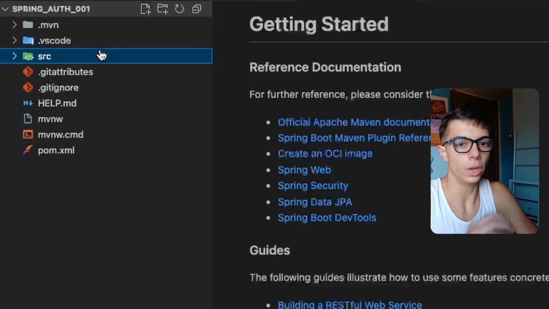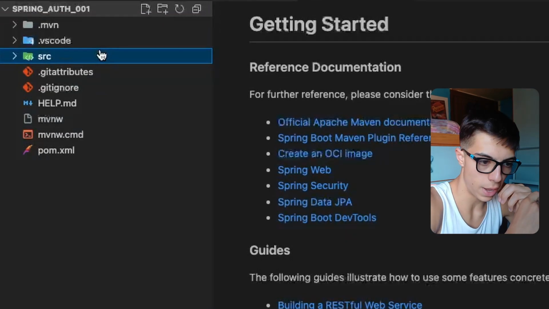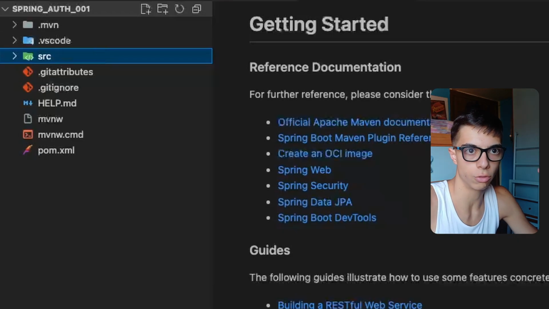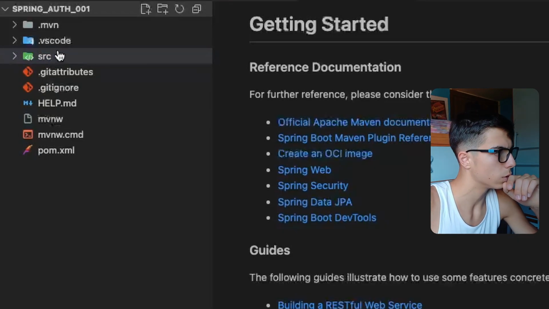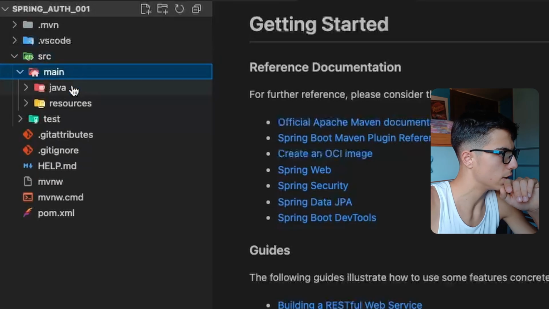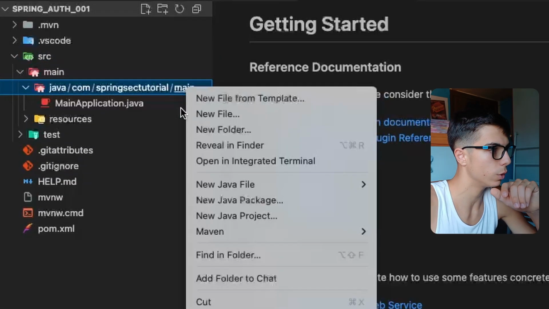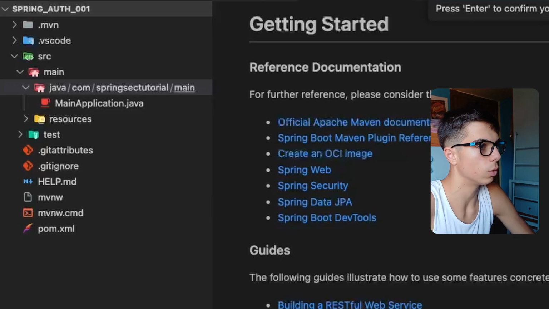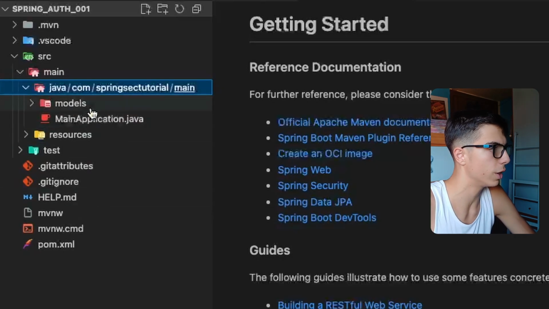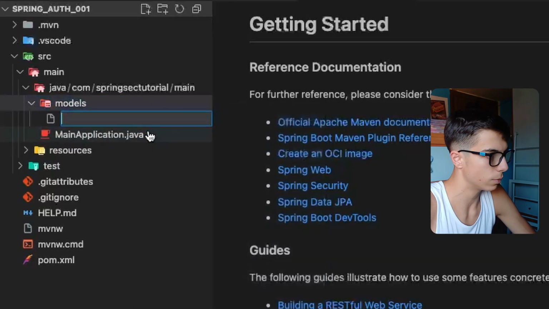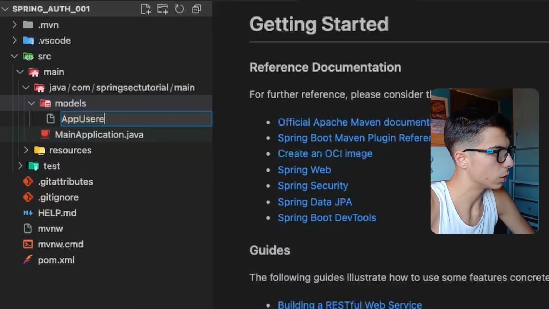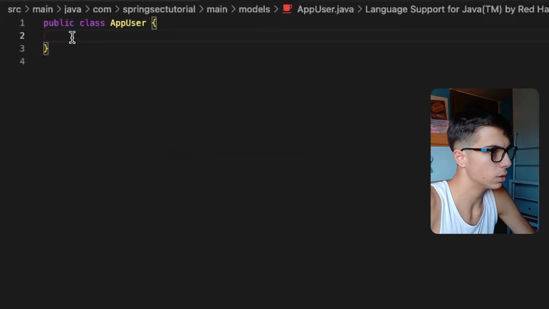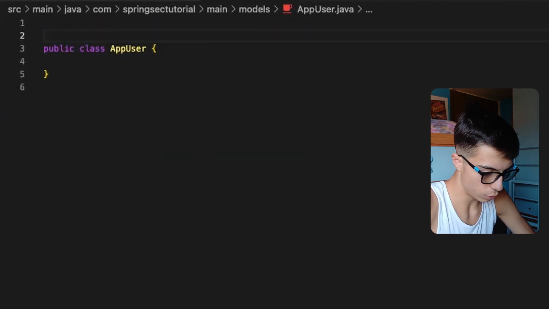So first of all, we need to create our simple app user entity. That's the model of how the users should be created. So going to the main folder, that's the entry point of the entire application, we're gonna create a new Java package. We're gonna call it models or entity as you prefer. So models. We're gonna create AppUser.java. Okay, this is going to be our class, and we have to annotate this with the